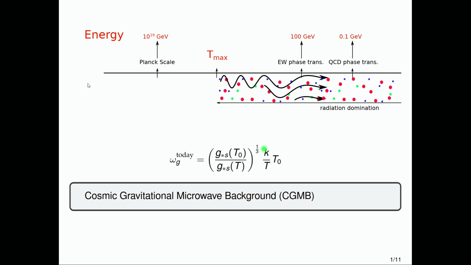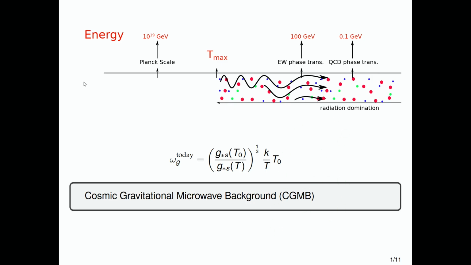So the gravitational waves of momentum k, you divide this by the temperature where it's produced, and here you have the temperature today. And these functions here are basically the relativistic degrees of freedom evaluated today and at the temperature of production. These are on the order of 1, and what you see then is that the frequency today is basically determined by the temperature today. This is in the gigahertz regime, in the microwave regime. And that's why we dubbed this the cosmic gravitational microwave background.